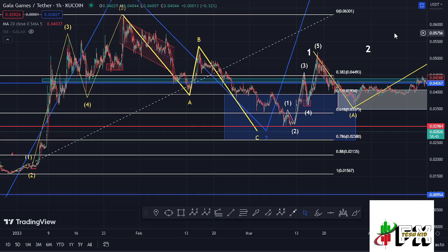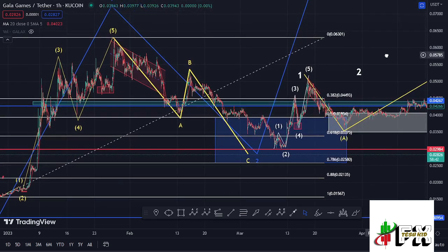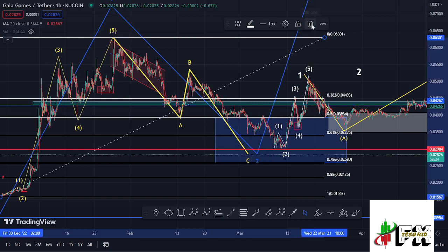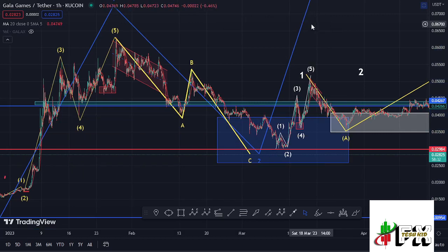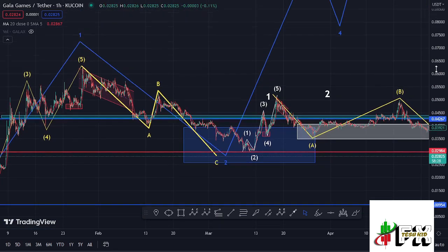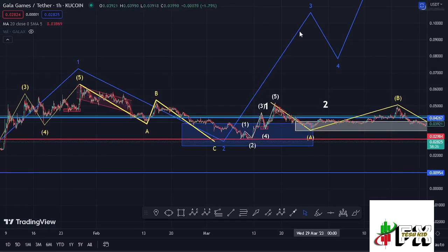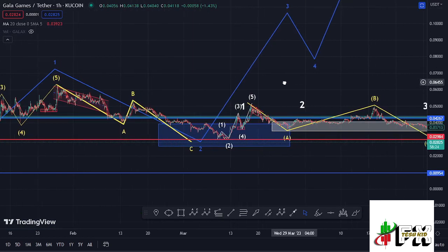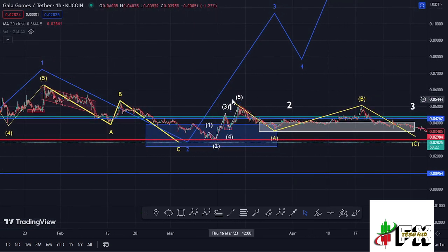And having seen a retracement into that target area in a move that gave us a low at around the $0.03 mark, initially I said to you that there are high chances that we have bottomed out in that wave 2, and we had started that impulsive move to the upside in the formation of that wave 3. But since we have now hit invalidation of our micro Elliott wave count over here, we are still in the